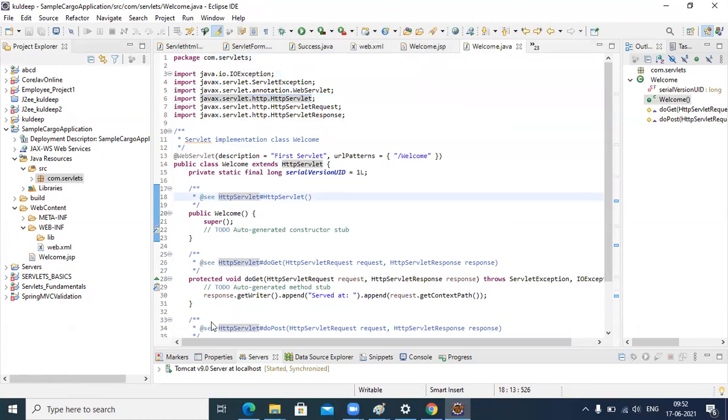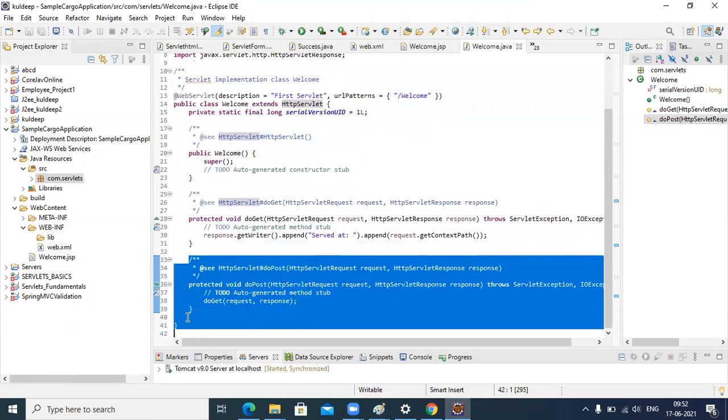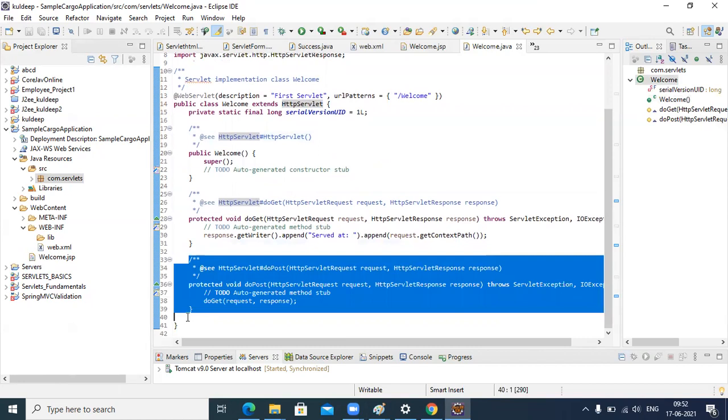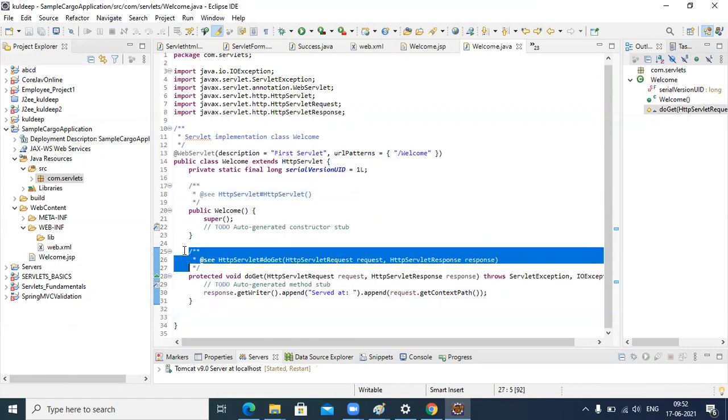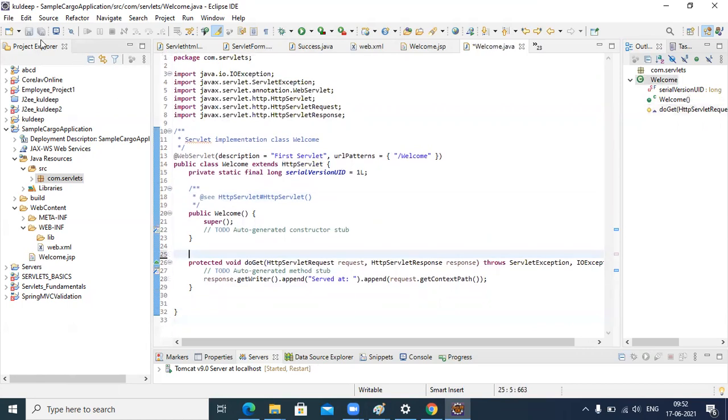We will use a get request instead of a post request. So let me select this. This is the doGet method.